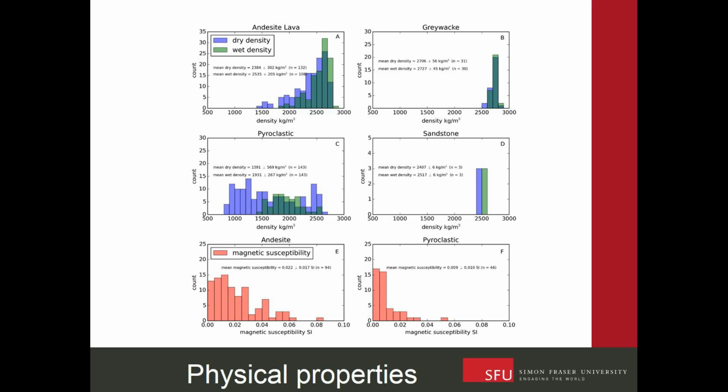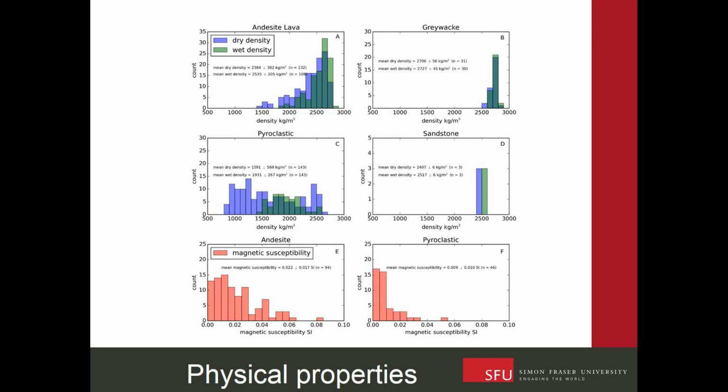span quite a range, as we'd expect, depending on the degree of vesicularity. And pyroclastic samples, again, quite a range, generally a little bit lower density than the lavas. As we'd expect, these are scorias and very vesicular rocks. There's a minor sedimentary unit in here, which is just a thin thing which we can't really resolve in our model. And then in terms of mag-sus,